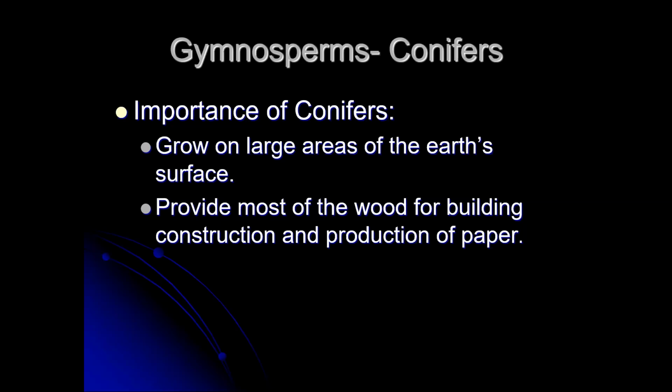Weyerhaeuser owns large tracts of land in eastern Oklahoma, southeastern Oklahoma actually, and parts of Arkansas and northern Louisiana. I don't know where else, maybe Texas, probably. They grow these trees in these forests just for the purpose of harvesting them for wood and paper. Other wood companies do too. I just happen to know about Weyerhaeuser. I have a feeling that somewhere I remember the holdings being sold to somebody else, but it's still going on, whatever the company's name is, and I may be confusing something else. But anyway,